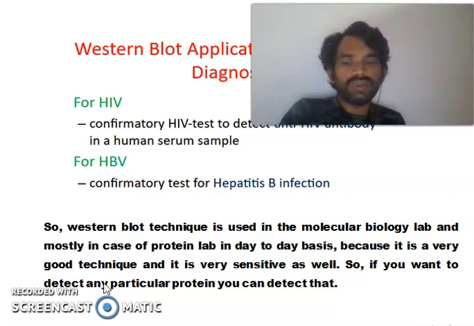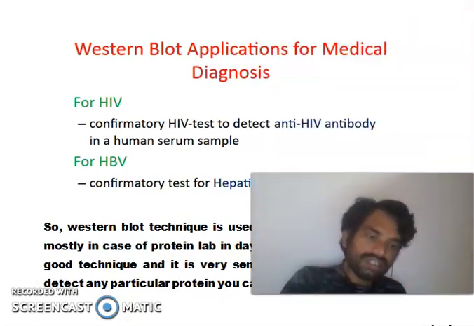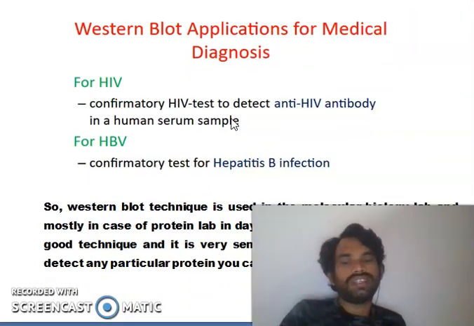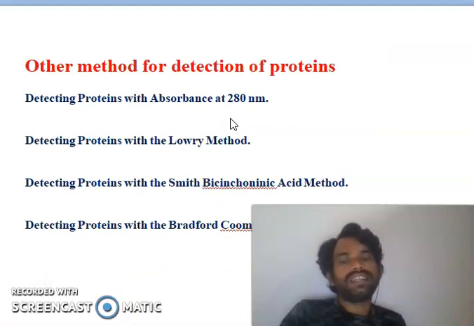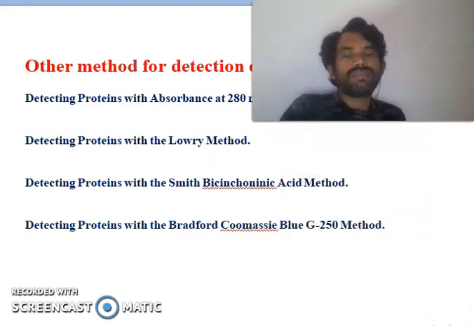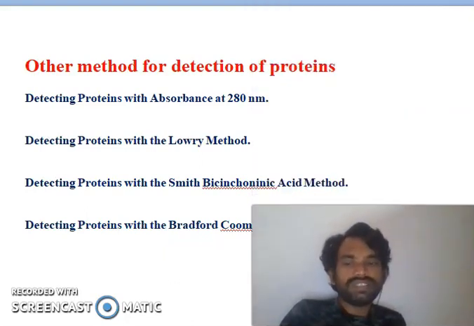So if you want to detect any particular protein, the Western blot technique is one of the best techniques. You can also see other techniques for the detection of protein: detection of protein by absorbance at 280 nanometers, detection of protein by the Lowry method, detection of protein by the Smith bicinchoninic acid method, and detection of protein by the Bradford Coomassie Brilliant Blue G250 method. These are a few other